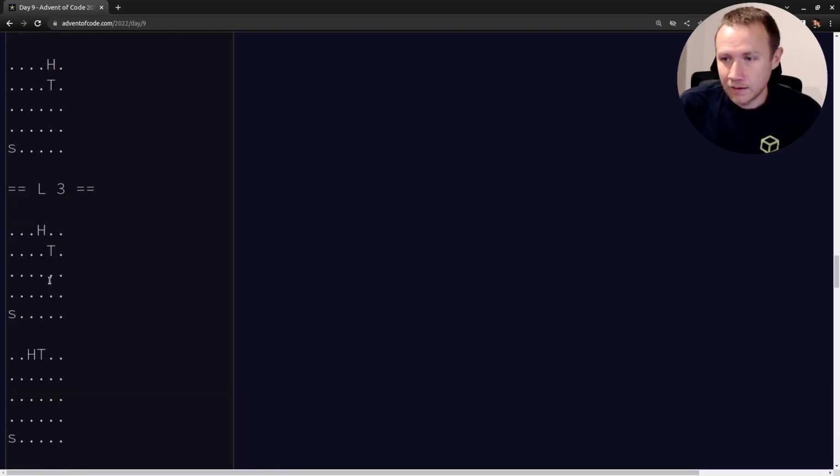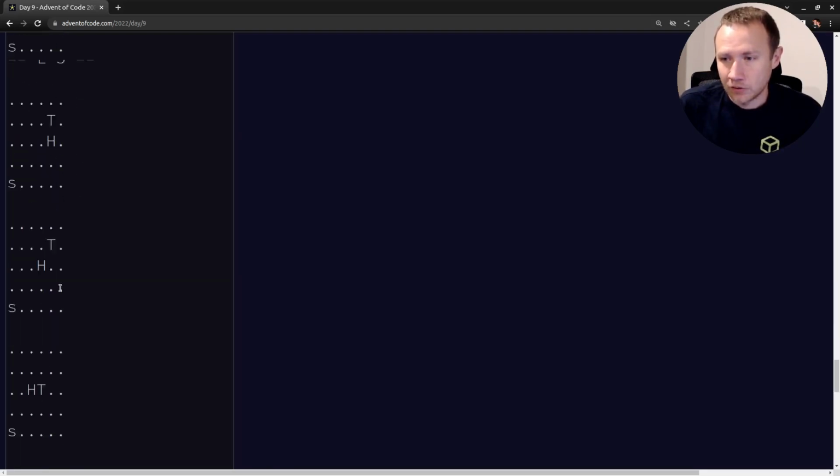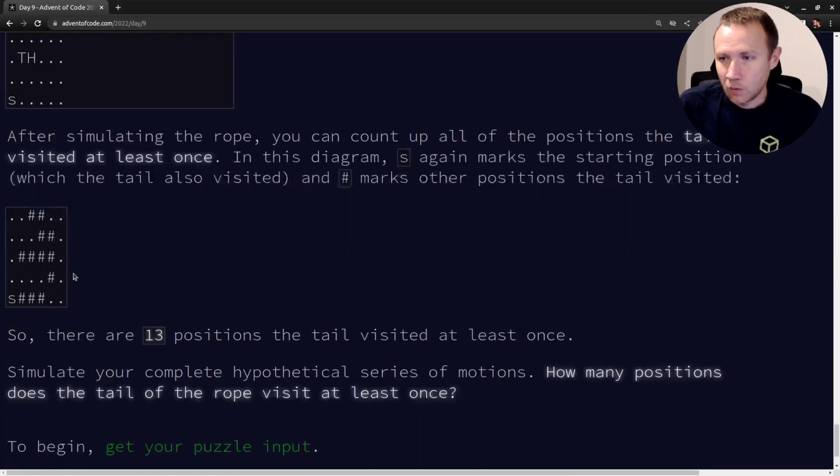And that is our puzzle. Oh, and then the last trick at the bottom, we have to track everywhere the tail goes and record the number of positions the tail visited at least once. All right, so